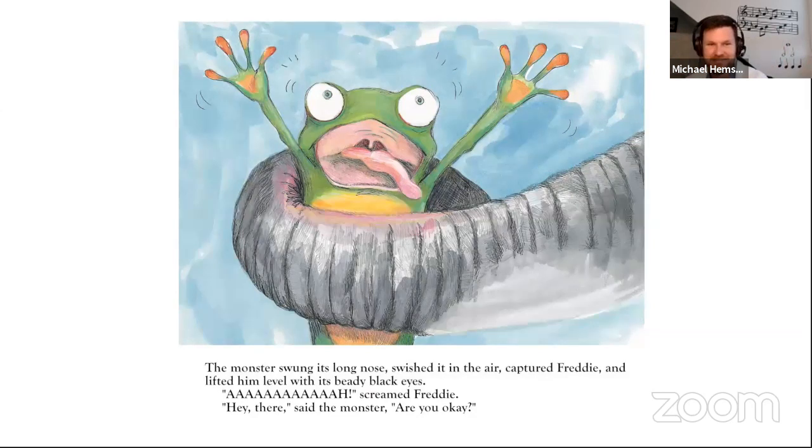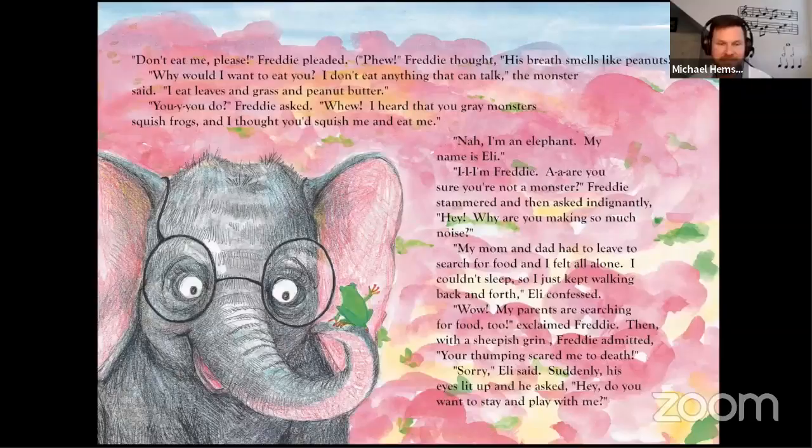Freddy screamed. "Hey there," said the monster. "Are you okay?" "Don't eat me, please," Freddy pleaded. Phew, Freddy thought. His breath smells like peanuts. It's an elephant! "Why would I want to eat you? I don't eat anything that can talk,"